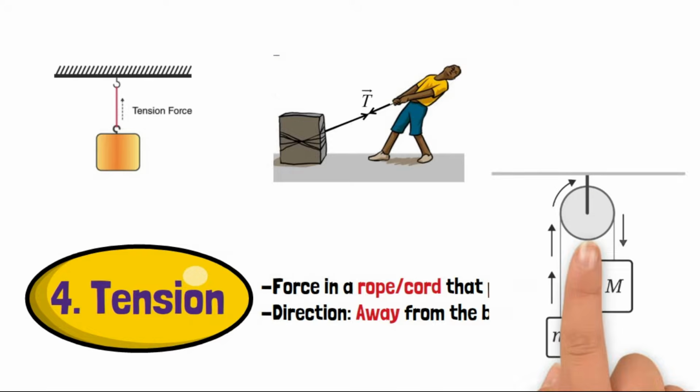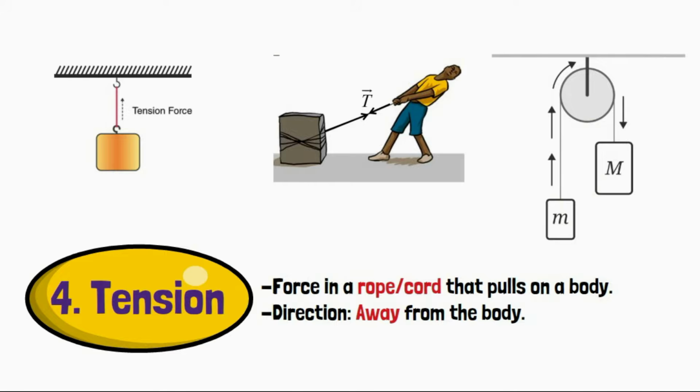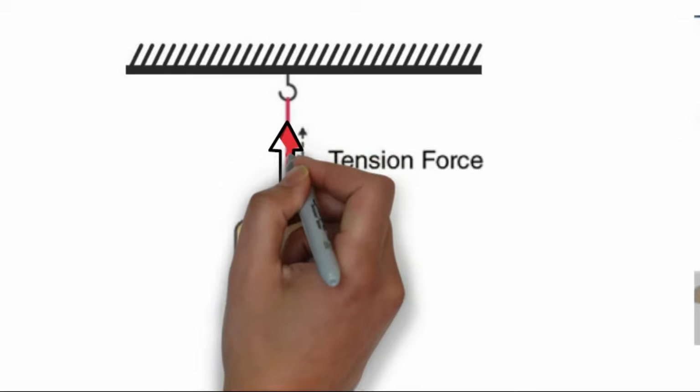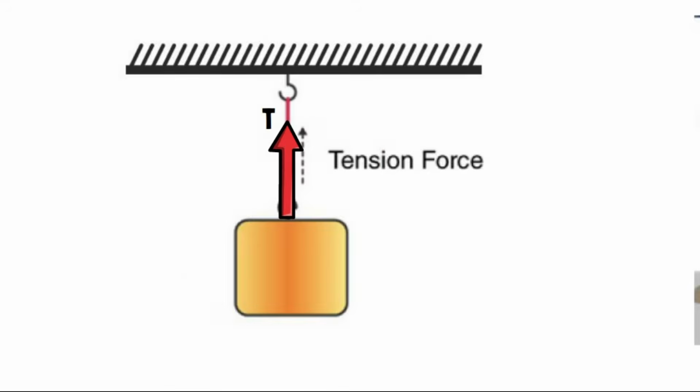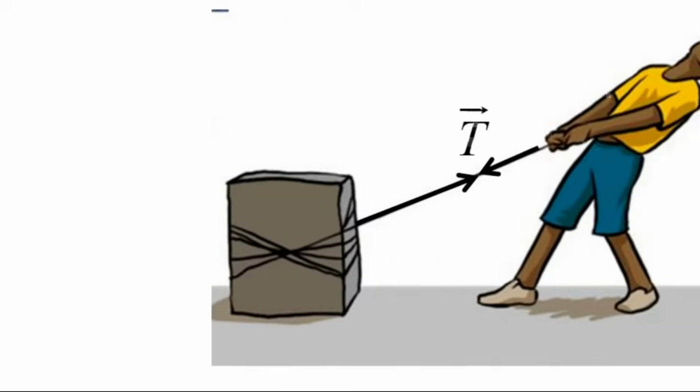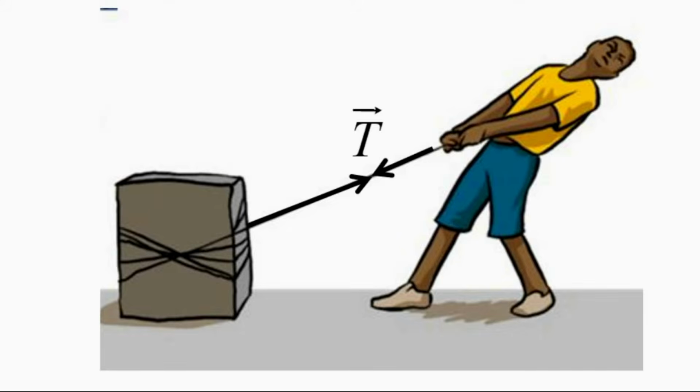And kita ada case pulley, where we try to connect two objects with a string, for example. Okay? So how to draw the direction of tension on a body? Remember, the direction of tension always directed outward, keluar daripada body tersebut. So for this example, the direction of T should be upward. And kalau kita cuba tarik objek itu menggunakan tali, and we want to draw what is the direction of tension on the box, so the direction of T ditunjukkan oleh arrow yang berwarna